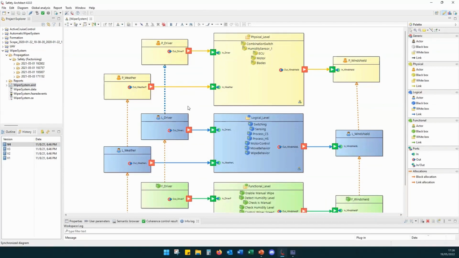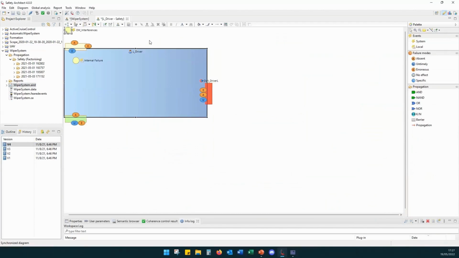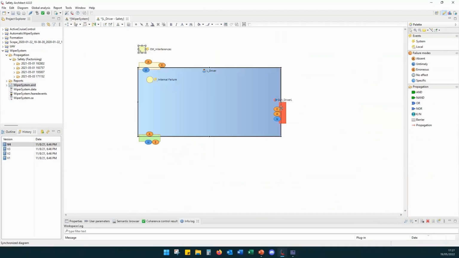But in Safety Architect, we choose to represent the allocation with links, because thanks to these links, it adds new ports on the component. So here you have the output port, the classical output port, and now we have a new port. It is the allocation port, and thanks to this port, we are able to propagate failure between the different architecture levels of the system.